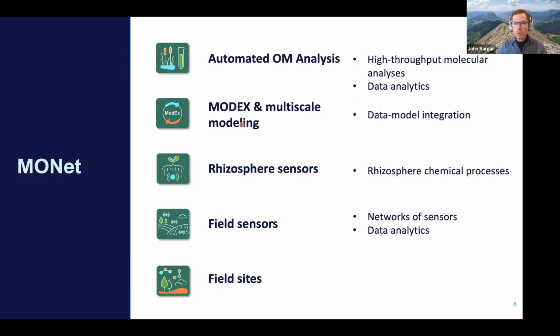The other aspects, which we won't talk about today, are really important to be aware of. These are supporting the development of models that can use molecular specific data to improve prediction of organic matter stability and decomposition. The Rhizosphere sensor program and the subsequent field sensor deployment will develop capabilities to detect and utilize chemical signaling to monitor biogeochemical interactions between roots, plants, and microorganisms. And we're partnering with research programs such as the DOE SFAs, Ameriflux, and NEON to collect core samples and to install sensors across intensive field sites and distributed sites as well.